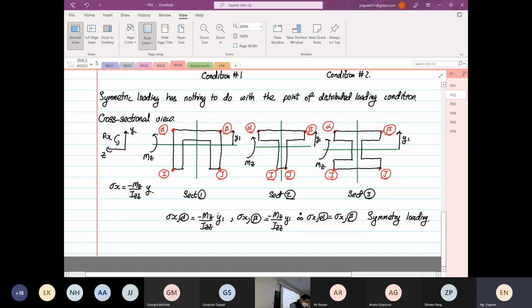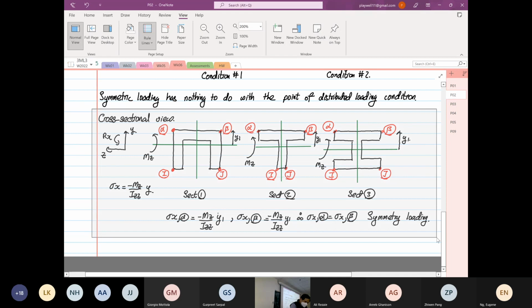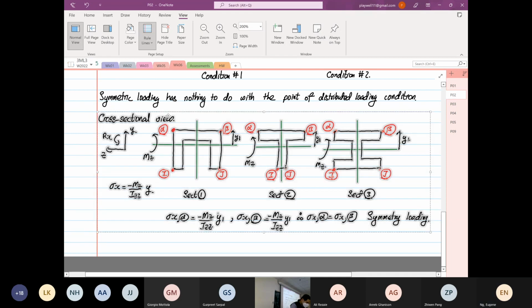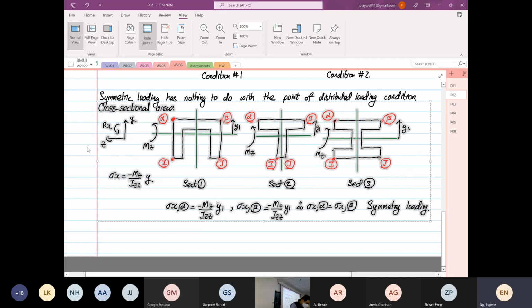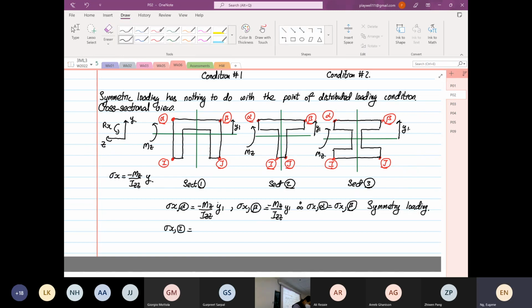Likewise, I wish I could squeeze in a bit more. Likewise, if we have stress at point I, over here for stress X at I,